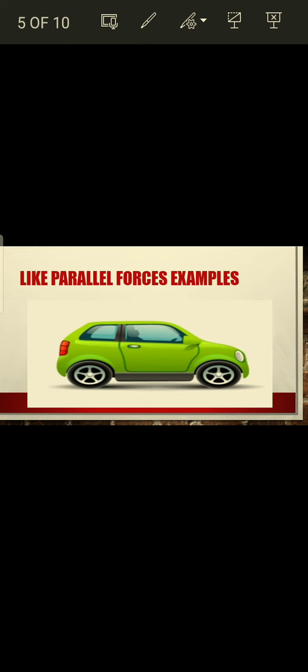They act on the car in the same direction, so the car will be able to move. When these parallel forces act on the car in the same direction, what will happen? The angle formed between these forces is 0 degrees. So in case of parallel forces, as we have seen in case of arrowheads, they do not coincide with each other, and the angle formed between them is